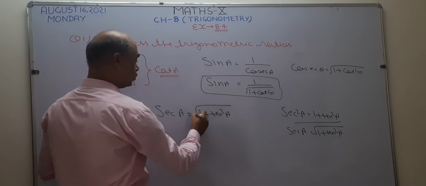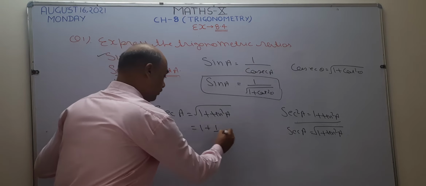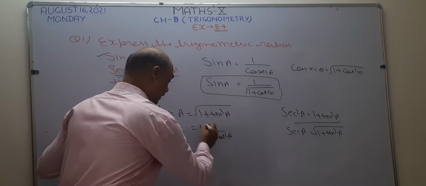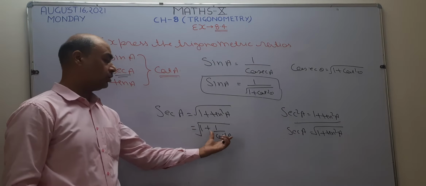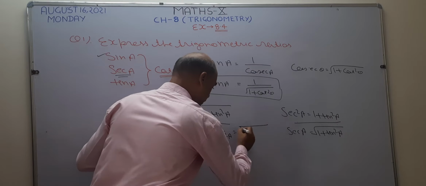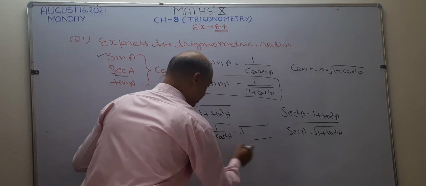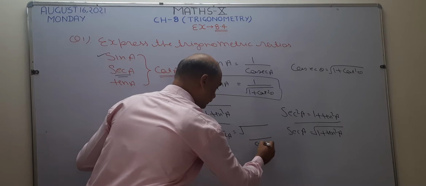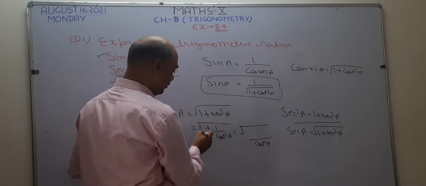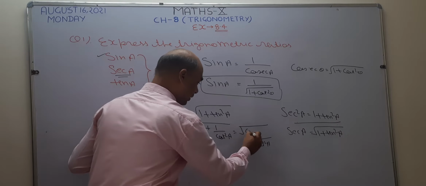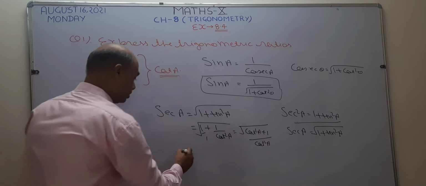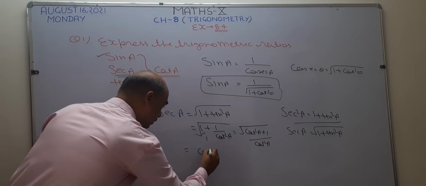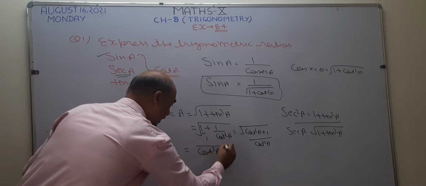Now I am going to take the reciprocal of tan. What is the reciprocal of tan? 1 by cot. Square is there, so it becomes 1 by cot square A. So this is your answer. Or if you want to take the LCM, you can solve further like this. The LCM of cot square A and 1 is cot square A. Since 1 is there, this number is going to multiply by the LCM, so this becomes cot square A. Cot square A is cancelled with cot square A. What is left? 1. So the answer becomes square root of cot square A plus 1.